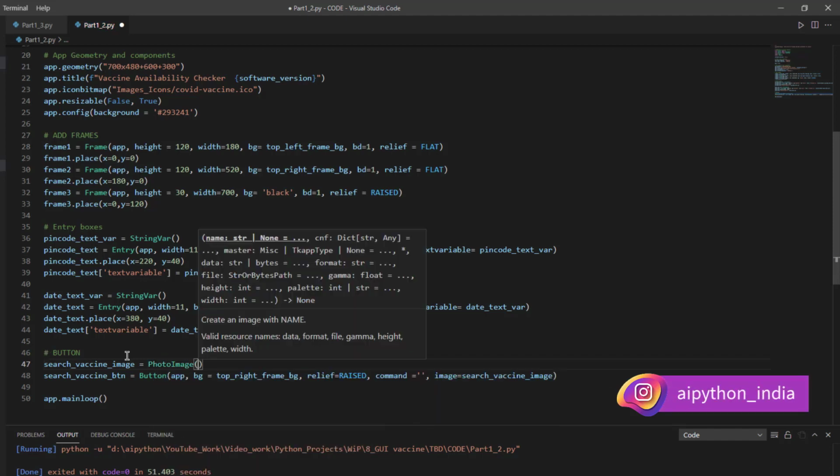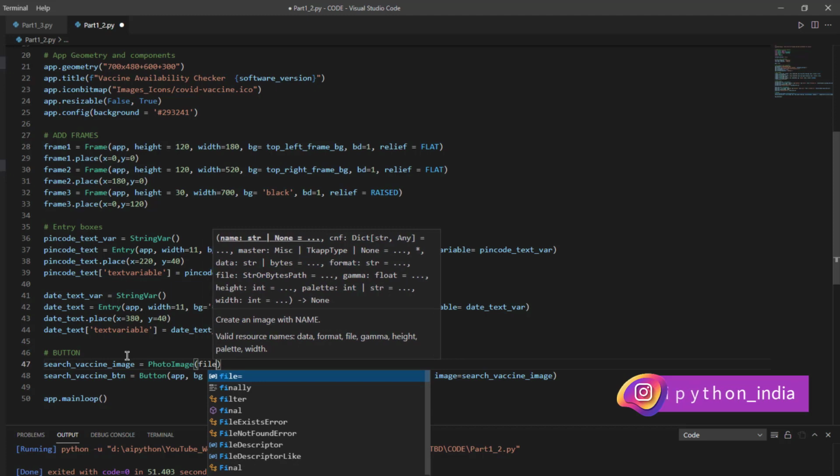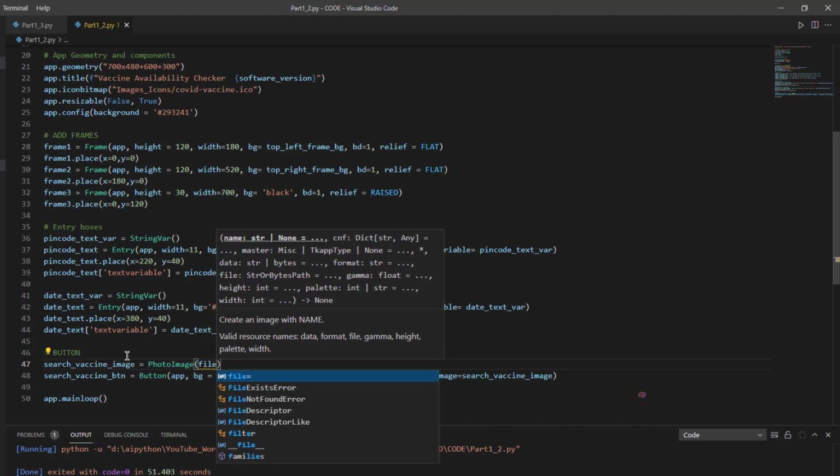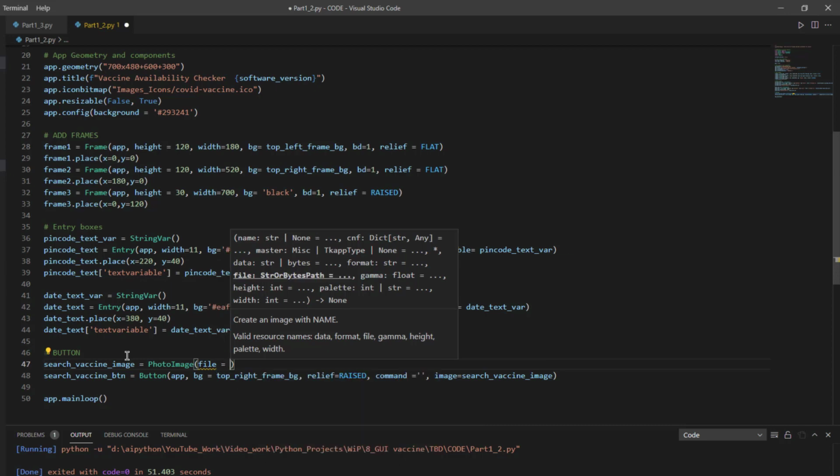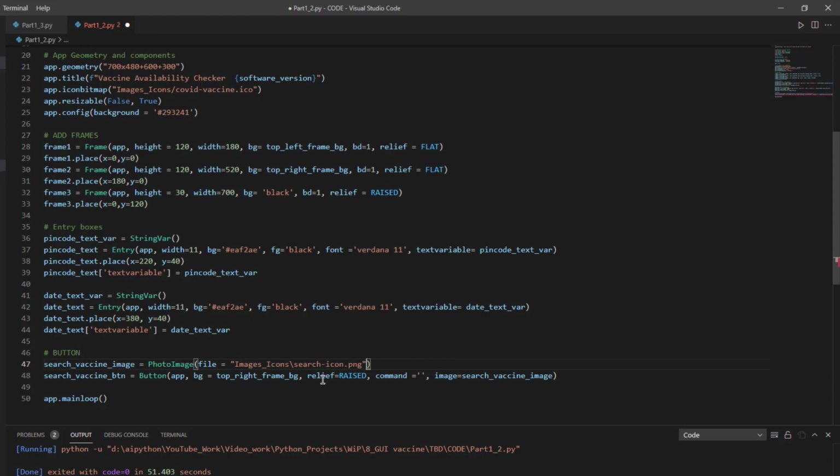And PhotoImage is one of the classes you can use to hold images in binary format, and then later you can use it to place it anywhere on the widget or on the GUI, right? So I'll be using a location which is already on my PC. So I'll copy that path, images, icon, and search icon.png.